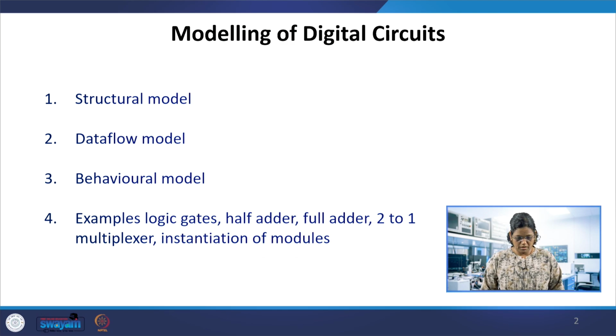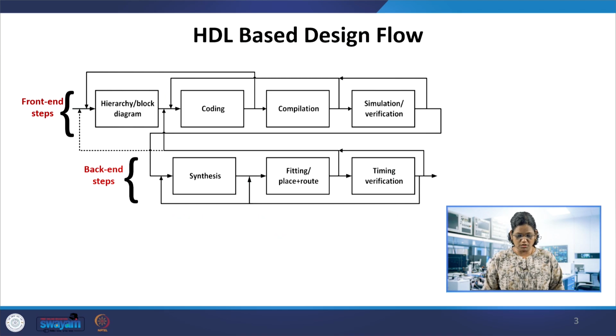There are two types of instantiation, that is with the port names, which we have discussed. Apart from the discussions, a few more examples, and we will be digging further into the structural, data flow and the behavioral model with more examples, and the syntax of Verilog for other cases will also be discussed.